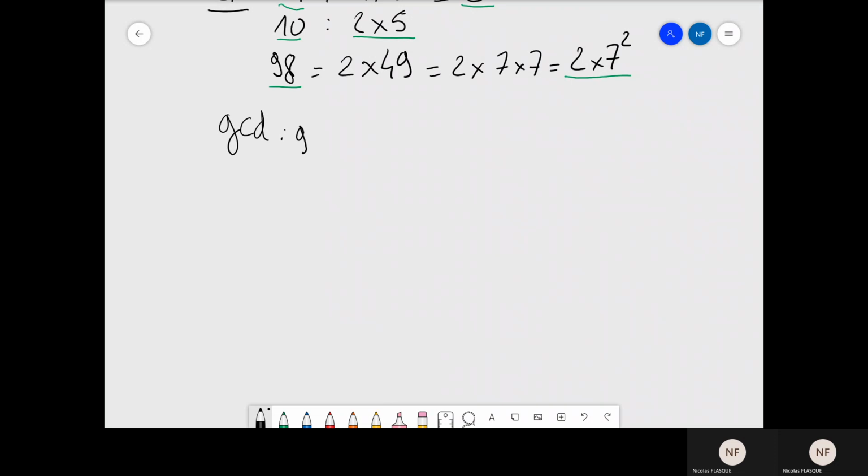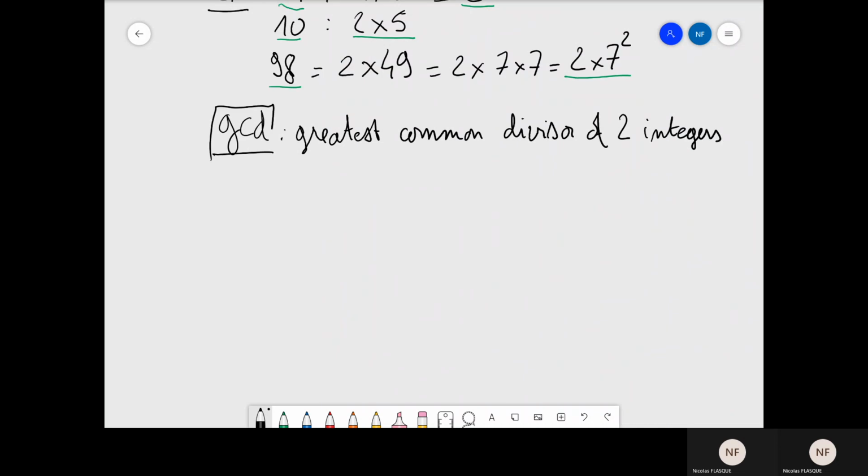The GCD is the greatest common divisor of two integers. Actually, one can compute the GCD of more than two integers, but once we understand how to do it with two integers, it's quite easy to do with any number of integers. So let's take two integer numbers,